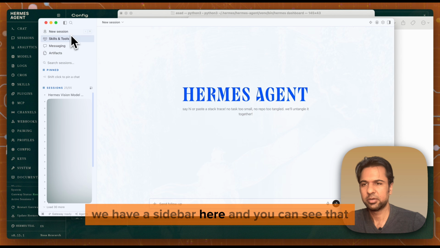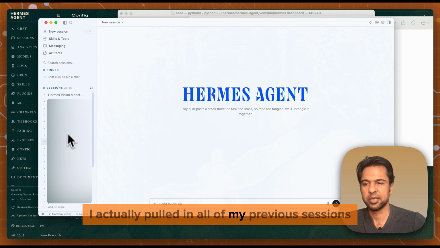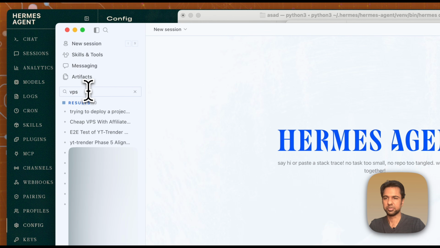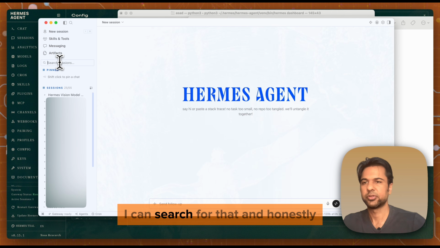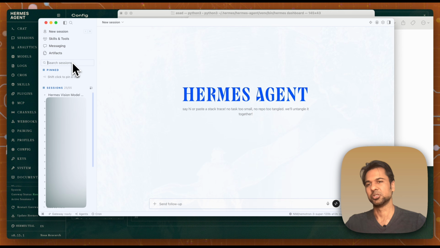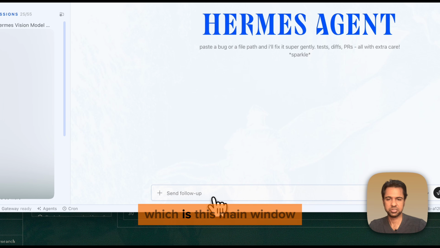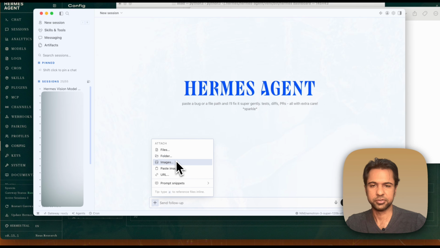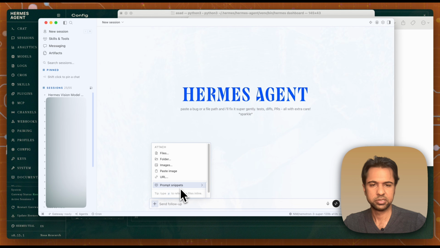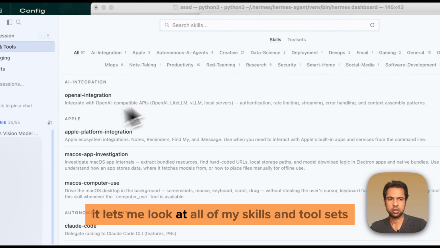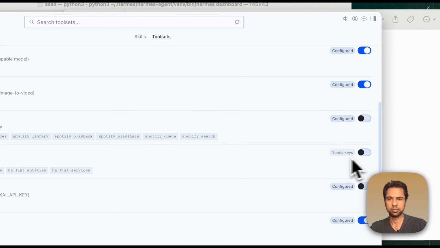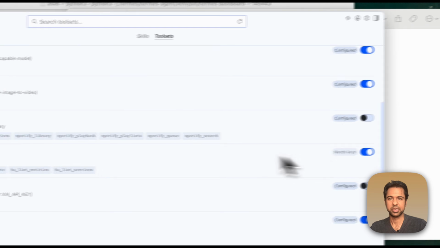We have a sidebar here, and you can see that it actually pulled in all of my previous sessions. I can search for sessions, so if I'm looking for VPS deployment, I can search for that, and honestly that's great compared to searching and trying to resume old sessions from the terminal. I can start a new session, which is this main window, and this new session actually lets me attach files, folders, images, URLs, and then here it lets me look at all of my skills and tool sets, which is great to have a place to be able to come in and turn on skills that I might need,